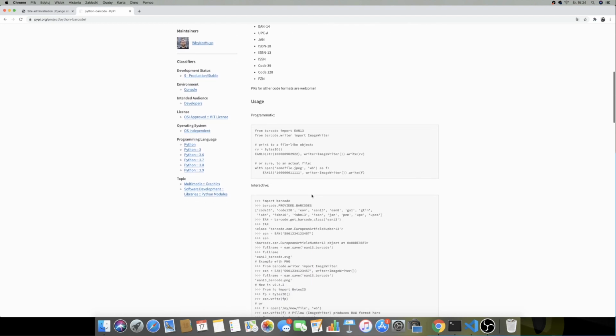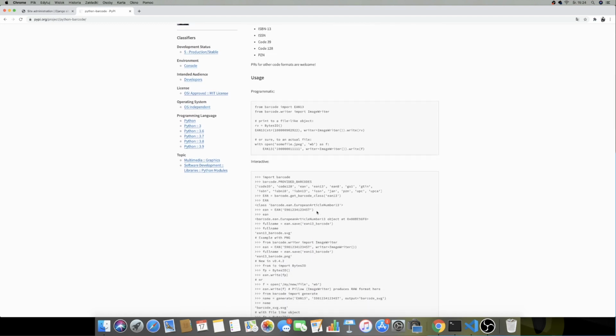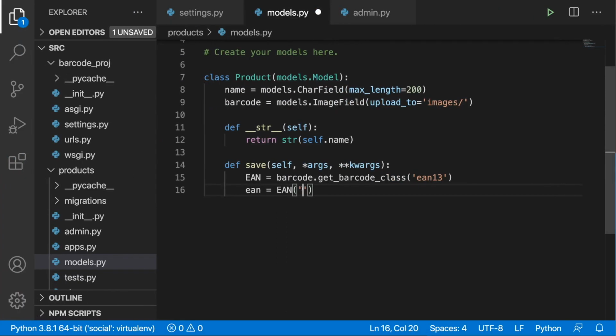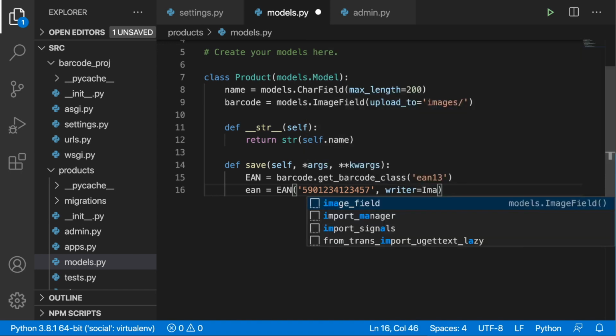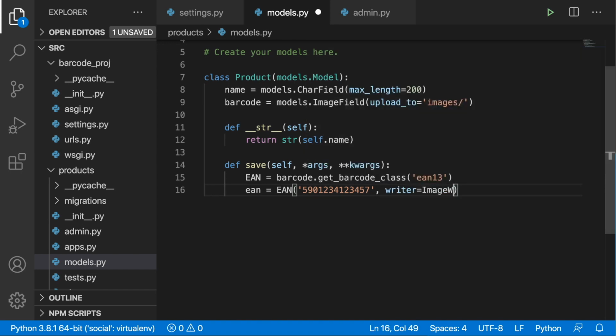So if we go to the documentation and just copy this one, just for now, paste it over here. So this is the fixed number, which we will change in just a second, and then we need to provide as the writer the ImageWriter. Okay,